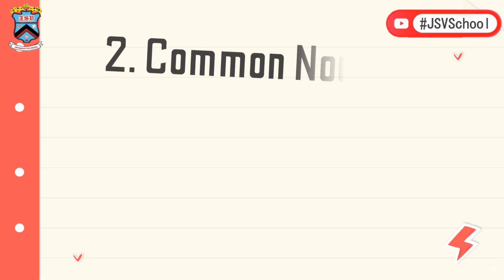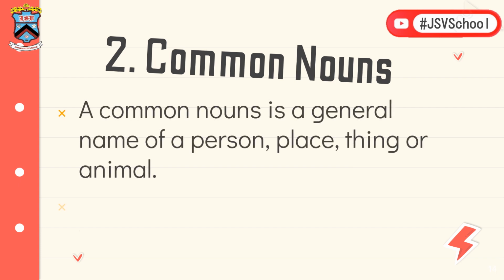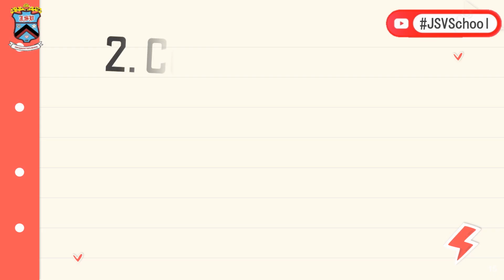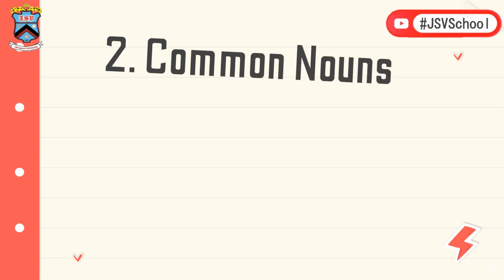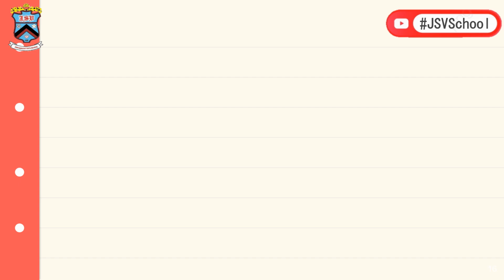Another type of noun is common nouns. Common noun is a general name of a person, place, thing, or animals. Common nouns are not specific and they can refer to anything. Common nouns are usually not capitalized, so when you write a common noun, it usually starts with a small letter. For example,